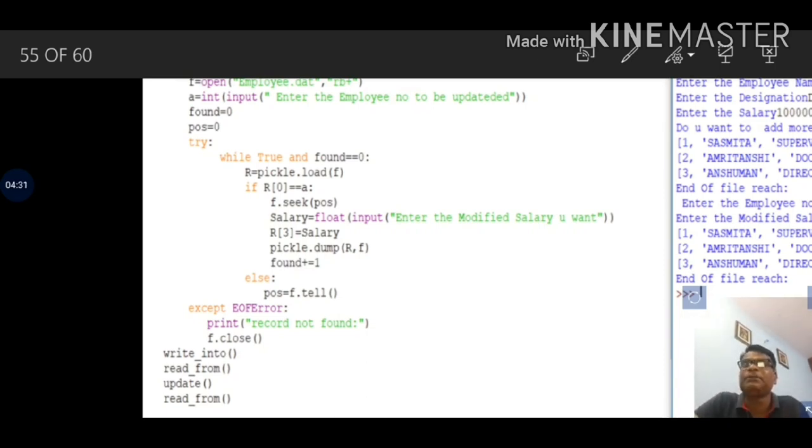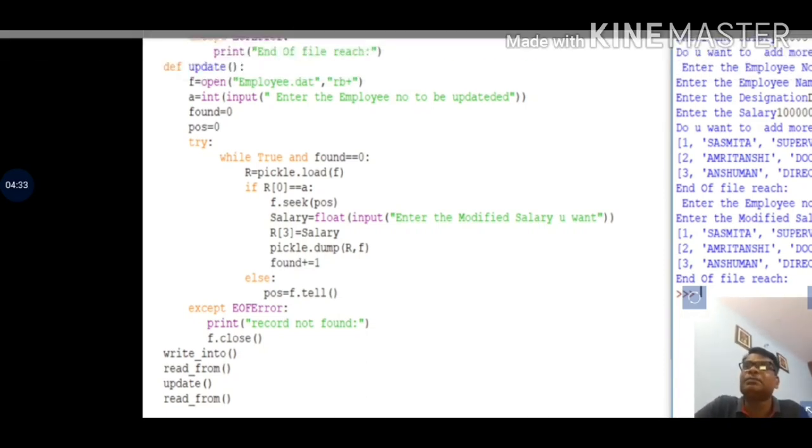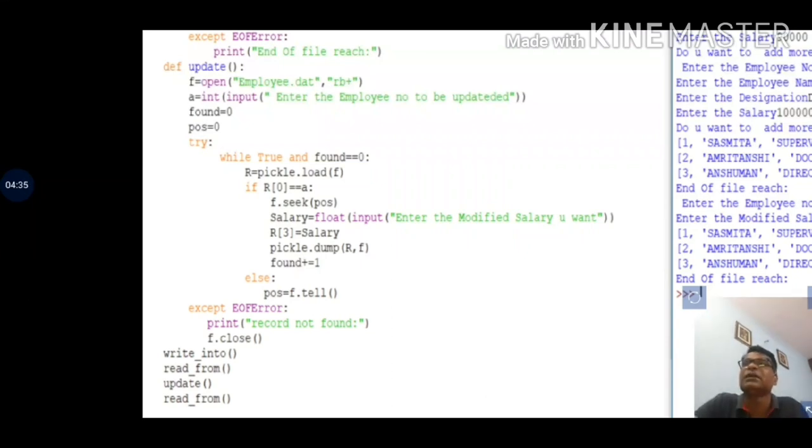The tell function finds the position of the record you are modifying. If the record is not found, the except end of file error raises an error and it will display. I am writing the error message: record not found.